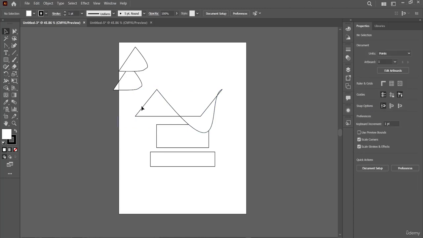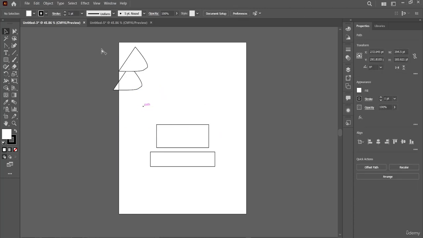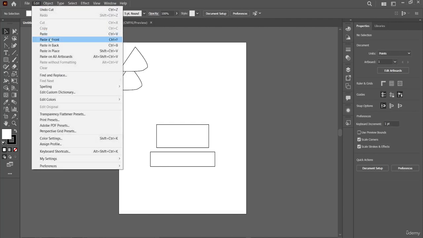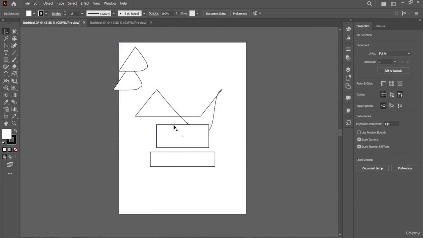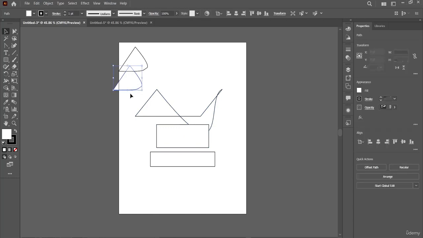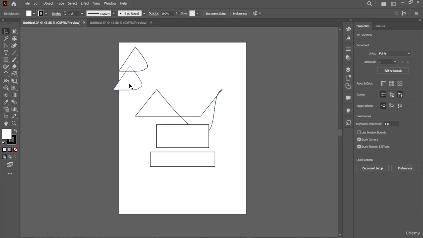Now what you can do is click on this one, press Control X, and click on Edit, Paste in Back. You can see now this time it is underneath the box. You can do the same thing over here. Now if you want this one to be at the front, not under there,